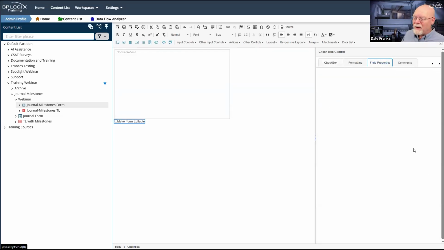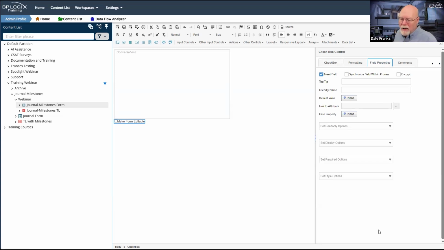It is an event field. So basically, I am going to have to set up an event that will make my form fields editable if this is checked. Now, when I do that, that is going to enable me to edit anything I want on the form. Now, the only thing that's on the form here is this conversation. However, now I've got an editable form.